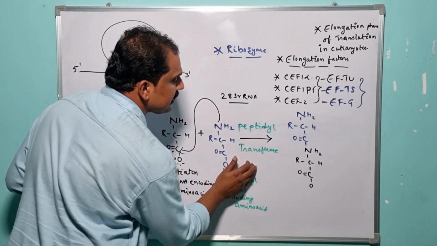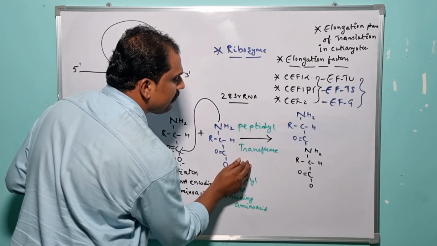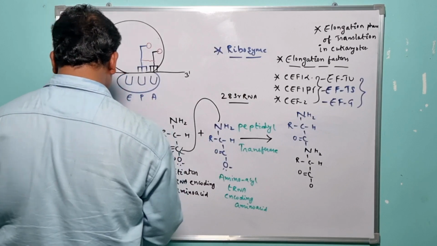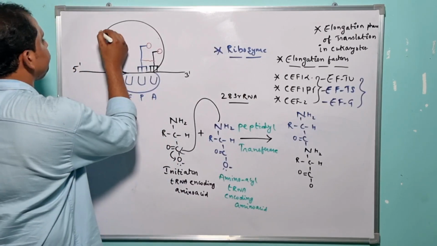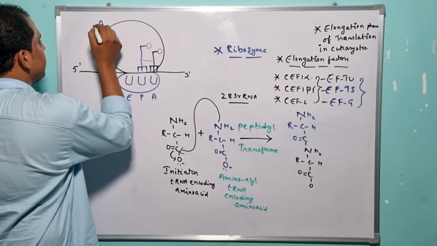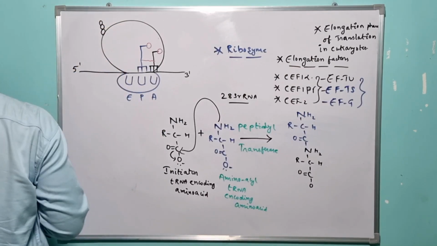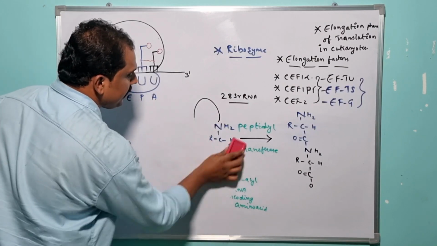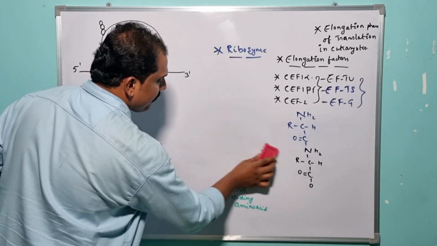So after the successful formation of the peptide bond, what exactly happens here? Let me present it here. After the successful formation of the peptide bond between the two amino acids,